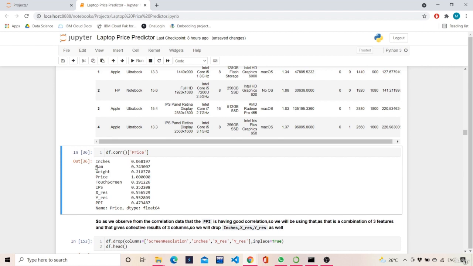And now as we made this feature PPI using X resolution and Y resolution, we can delete them because we got a very good feature instead of using this combination of three. So this is a kind of feature reduction by using a new addition of feature. So correlation analysis also plays a very vital role, and that is the reason I am saying in every video